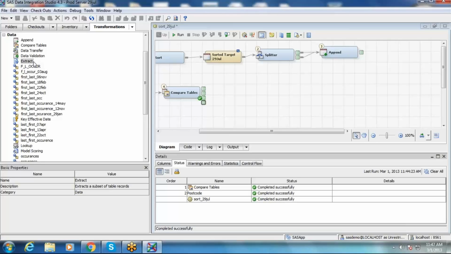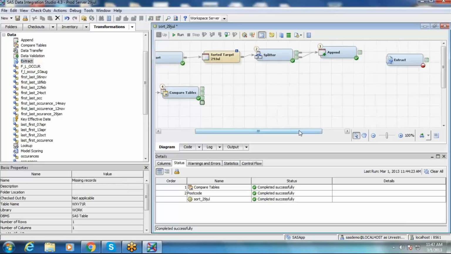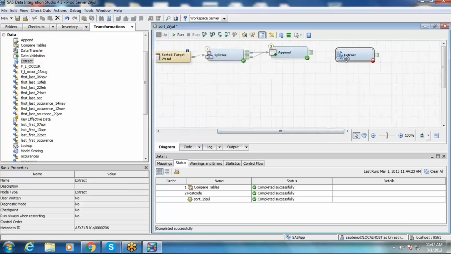Okay, so just drag and drop this extract transformation. For example, I am going to calculate here two objectives for me. First objective is to filter out the records only for Australia.